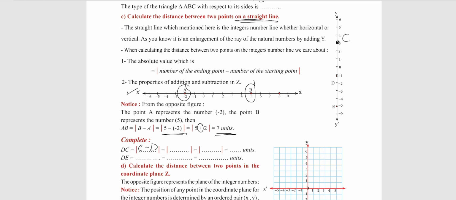C is determined by 3 minus C equals and D equals -2. That equals 3 plus 2 equals 5 units. After that, the length DE